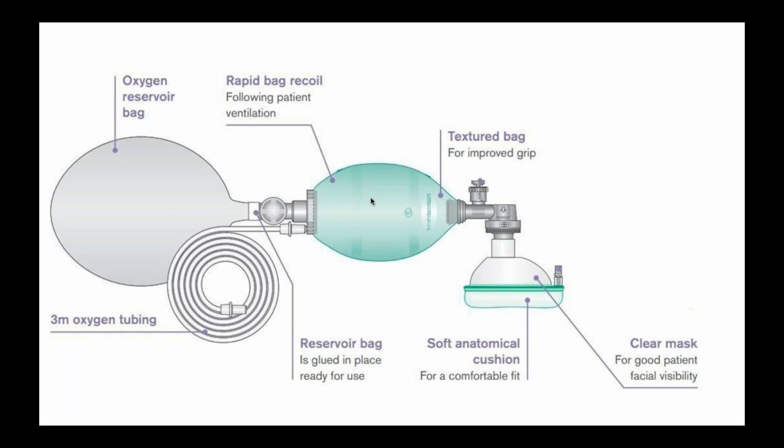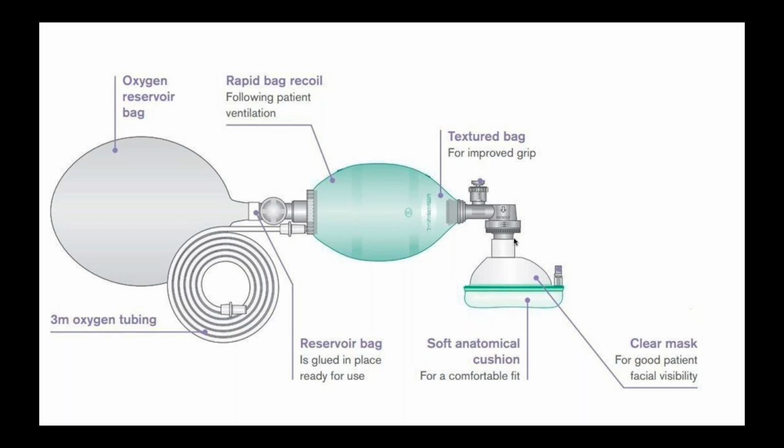Whenever you press, you are actually not measuring how much pressure you're using. So there is always a risk of pneumothorax if you apply more pressure. This pop-off valve will sense increased pressure and it will open to relieve that extra pressure so that pneumothorax does not happen. So this is a pop-off valve.